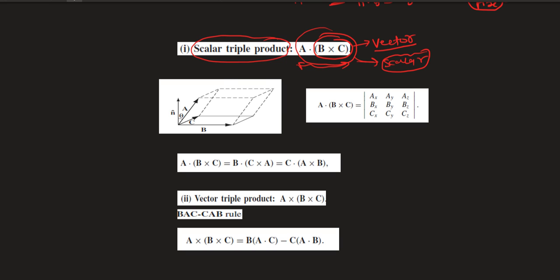So now let's talk about this scalar triple product in terms of the geometry, because when you relate the dot product and the cross product in terms of the geometry, it is very clear in your mind. You do not have to mug up the definition. Okay, so let's talk about this. Mathematically you can calculate this triple product by calculating this determinant, but I want to discuss geometrically what